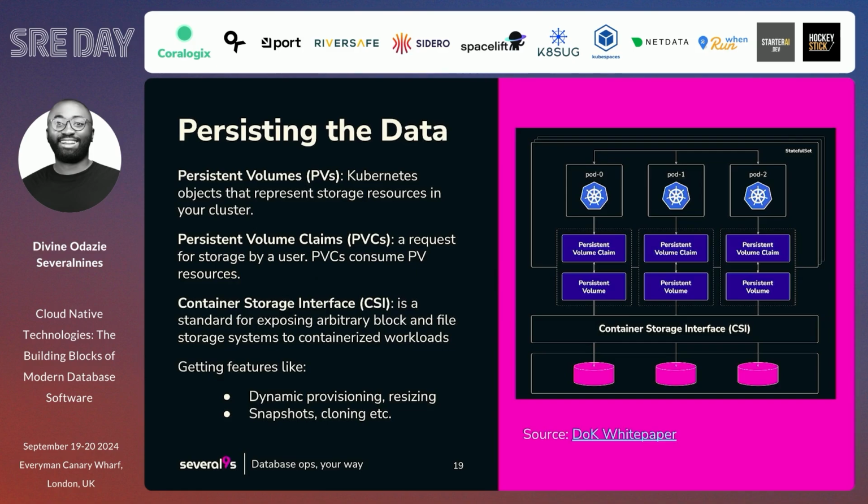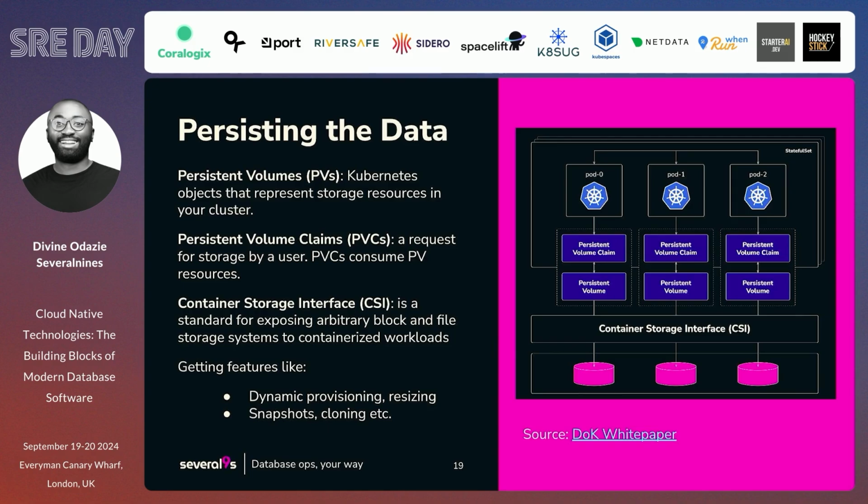And now you will not have to worry about, okay, is this an NFS storage? Is this a Ceph storage? A Kubernetes developer will not have to worry about the intricacies of the storage, but just know what they want, right? And write the YAML configuration for that particular claim.